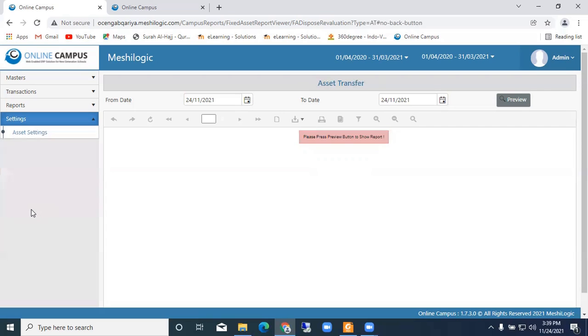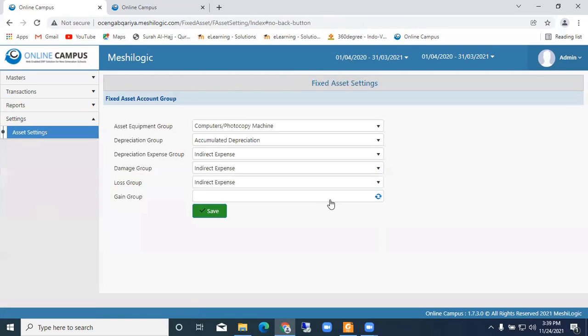So again, coming back to the settings. Asset settings, so it will show you the asset setting. Depreciation is indirect expenses. Damage is indirect expenses. Loss group, indirect expenses. Gain group is an indirect income.